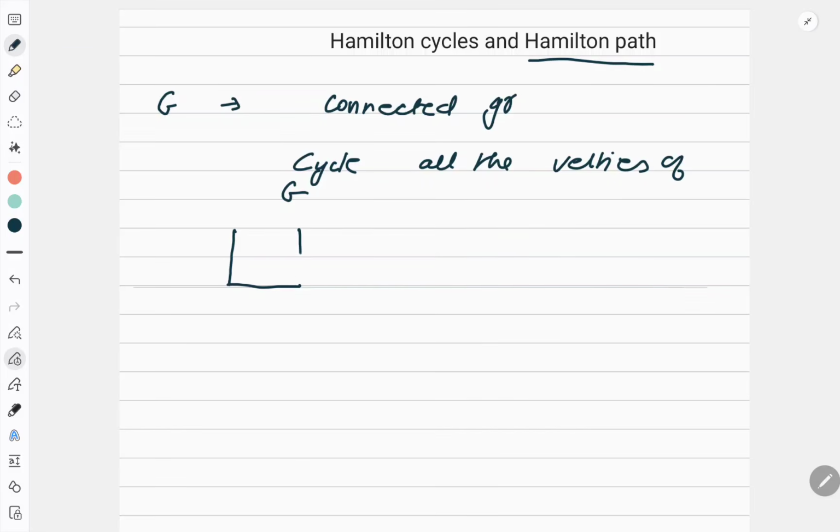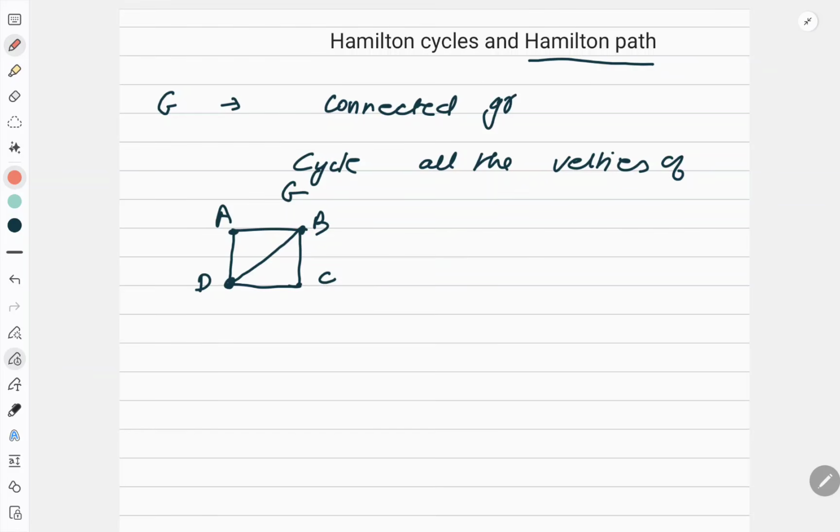Now suppose this is the connected graph. It is the simplest connected graph, A, B, C, D, and let me make this also. It is a connected graph, right? Pick up any two vertices, you can go from one to the other. That is why it is a connected graph. Now what is a Hamilton cycle here? A cycle is an alternate sequence of vertices and edges starting with the same vertex and ending at the same vertex. And I should search for a cycle.